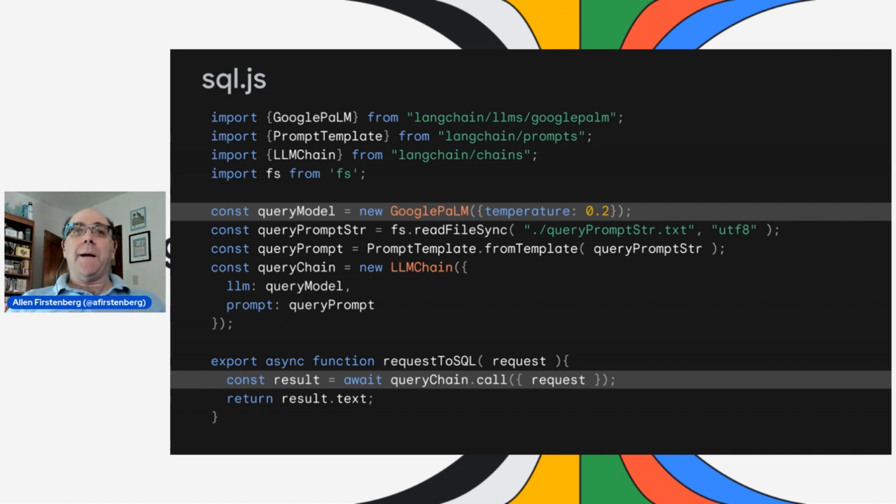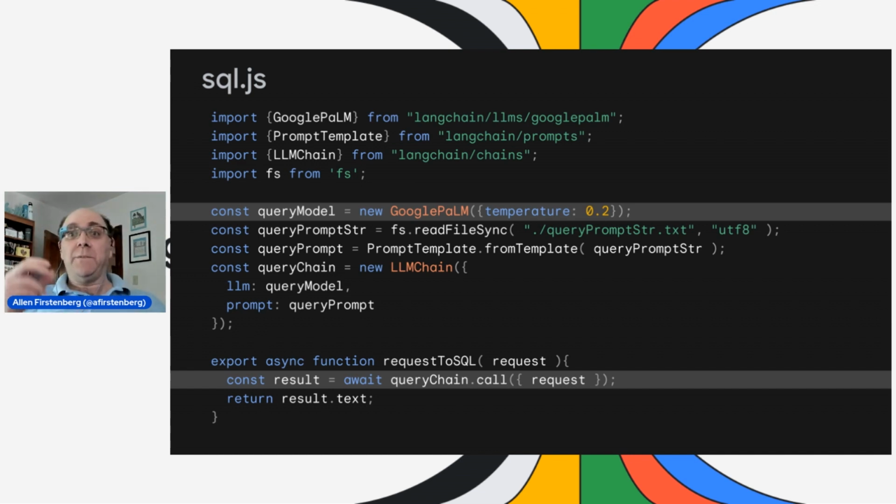We're also going to need to set up some things like the prompt string, and we'll look at the prompt string on the next screen, and build that into what they call a template. What the template does, and this is a LangChain notion, is that it's going to take a value or a set of values, in this case the request, and put that into this boilerplate that we've built. Then finally, we're going to utilize something called an LLM chain.